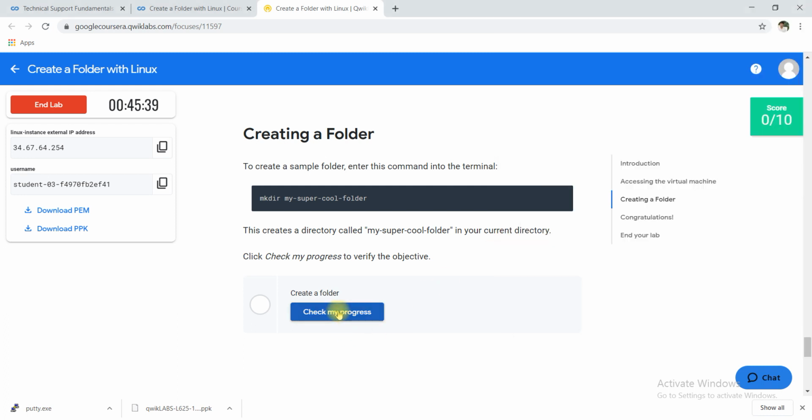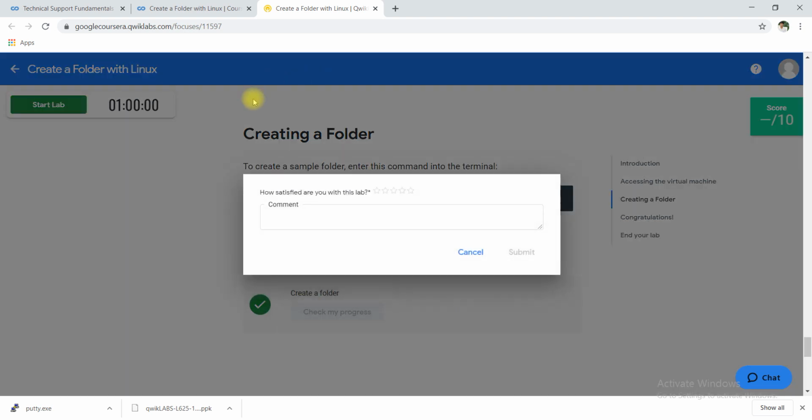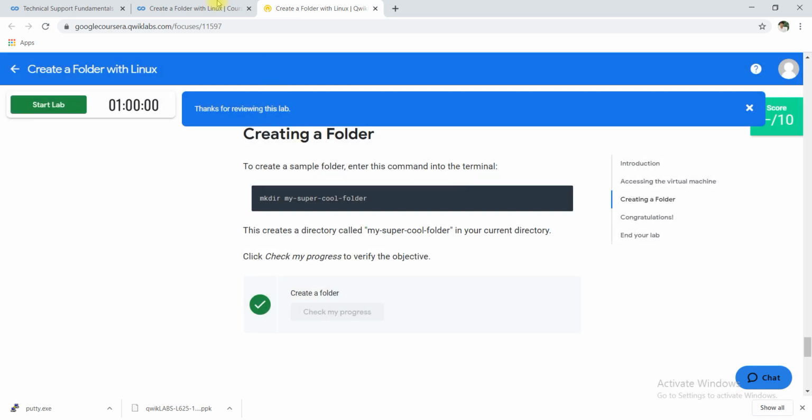I will check my progress. Okay, folder creation is done, and within some time you will see that I have scored 10 out of 10. This way you can complete this lab and end it, and I will show you that the lab is completed. You can verify it. You have to rate it; you can write something like excellent as your rating, that is just feedback.